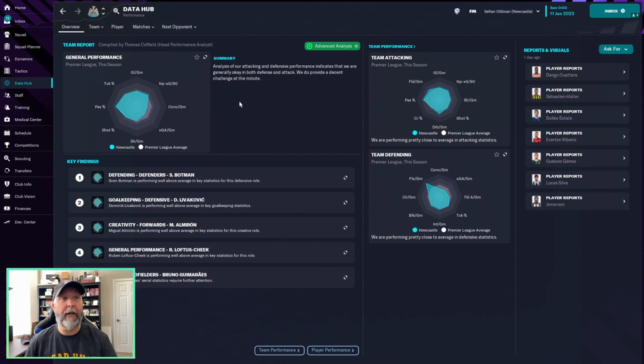Newcastle is generally okay both in defense and attack. Again, hovering right around Premier League average. Fouls against per game, again, just a little bit above. Not above Tottenham, though. But defensively, ooh, that is just a lot of numbers that are far below the Premier